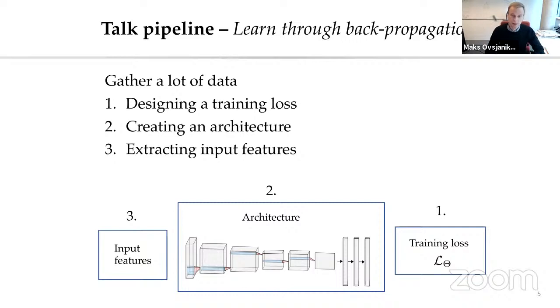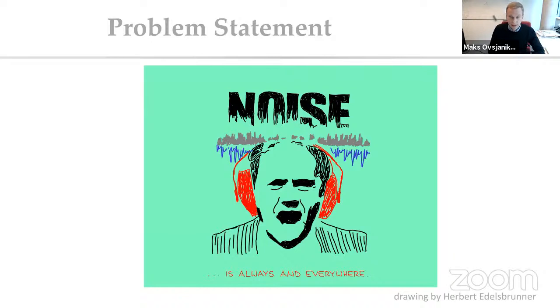And as an inspiration for my talk today, I wanted to use this image, which is a drawing by Herbert Edelsbrunner. And if some of you maybe have seen, Herbert is known for drawing these beautiful, very characteristic images. And this one I particularly like, and it's actually a quote from an Austrian rock band, and it's, I guess, a free translation from German, and it says, "Noise is always and everywhere." And apparently in German it sounds just as awkward as it does in English, but I think it makes actually